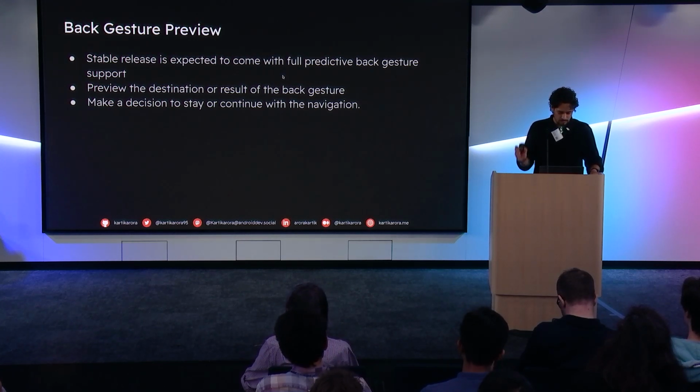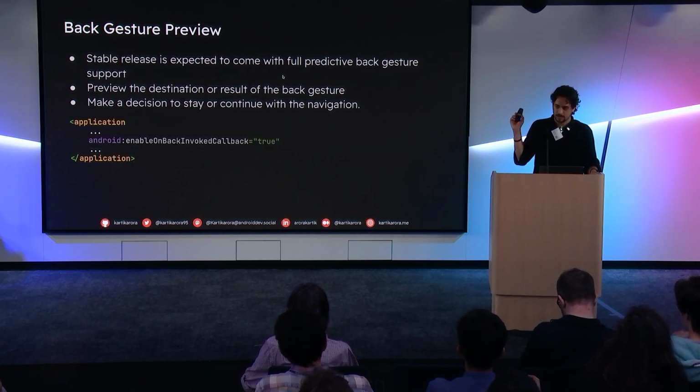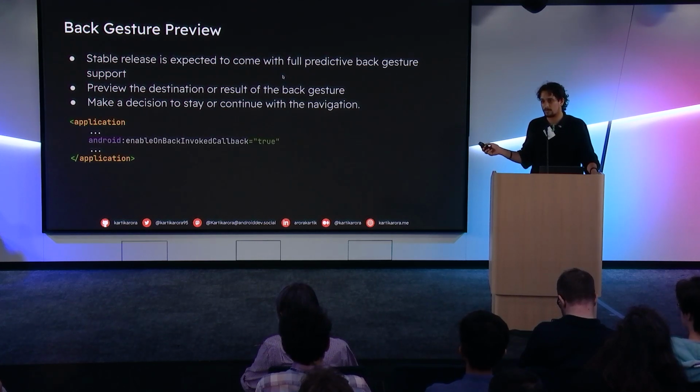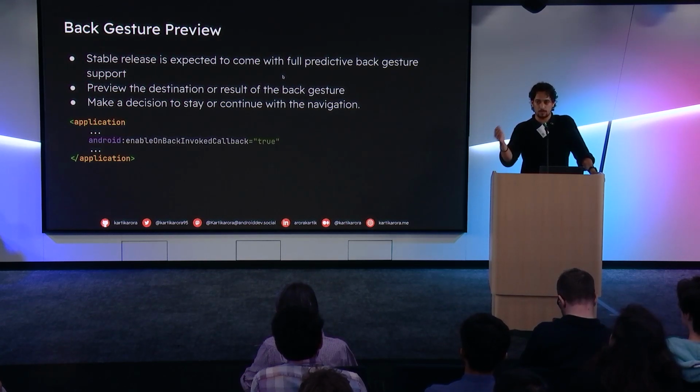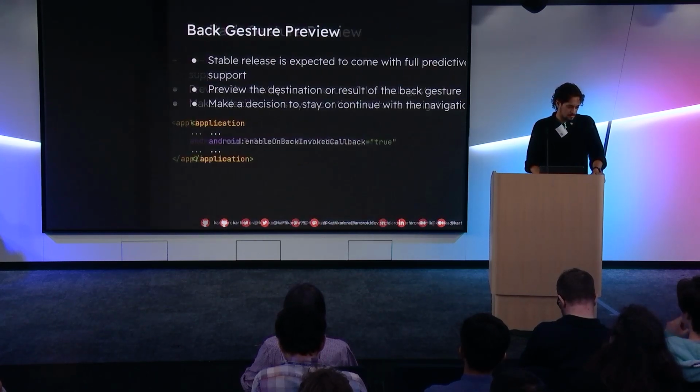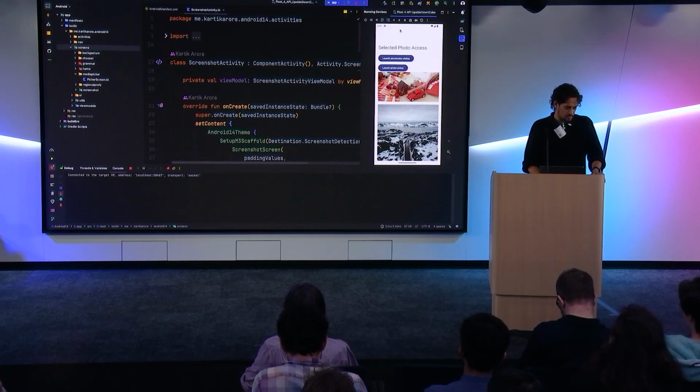Again, you have to do this little thing. You have to add this line in your Android manifest's application tag. And this way, it always invokes the predictive behavior. And right now, if you're still testing on Android beta, you have to go to developer settings and enable this as a preview. So to demonstrate,